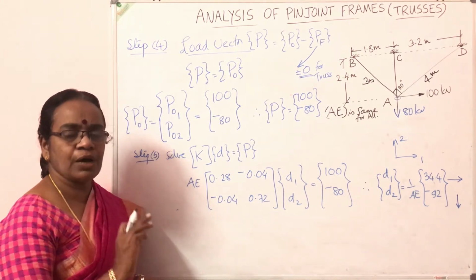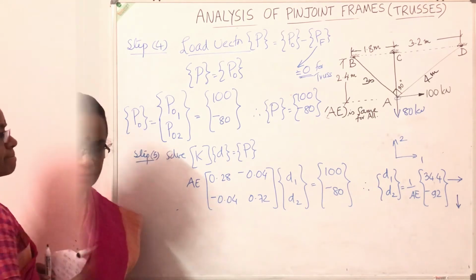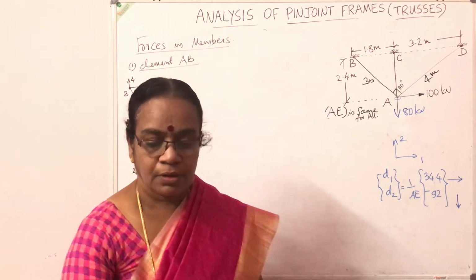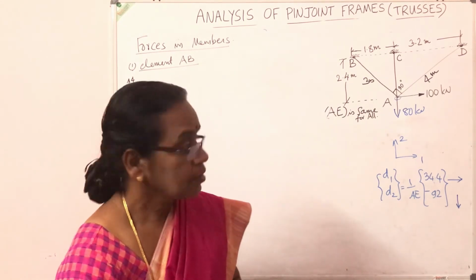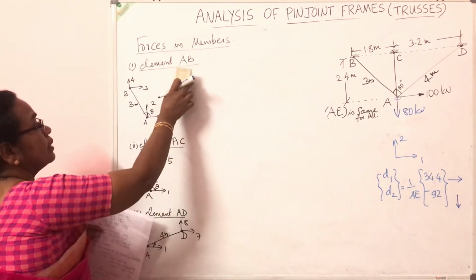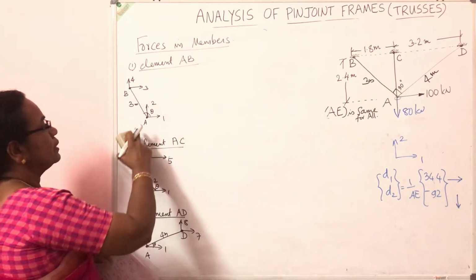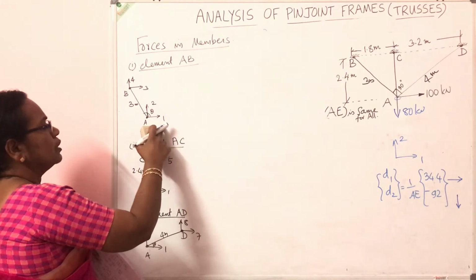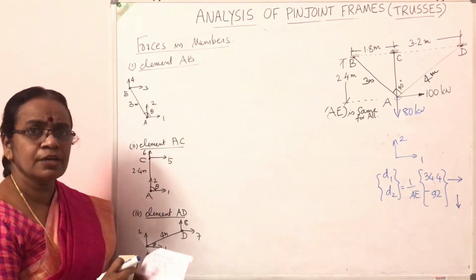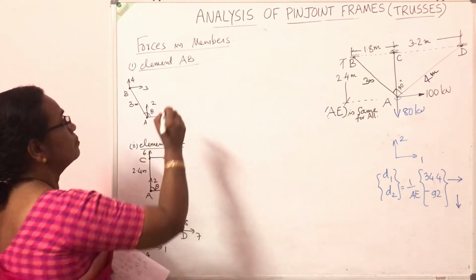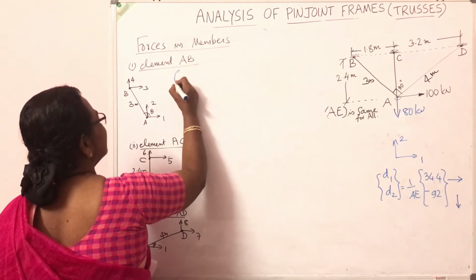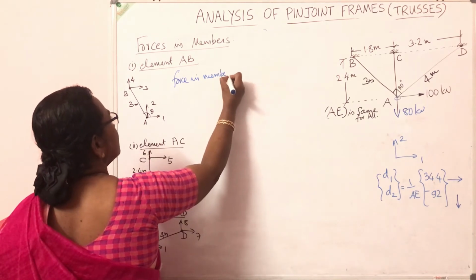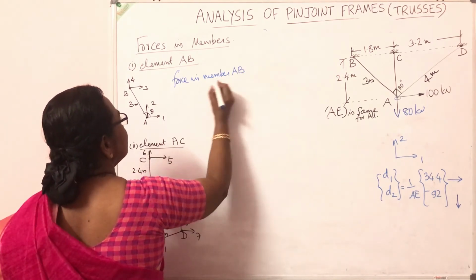The final step is to arrive at the forces in members. Now coming to the last step, the forces in members, we have to consider the element AB first. It is having length 3 meters and nodes. First node coordinates 1 and 2 and the second node coordinates 3 and 4. The force in member AB is given by